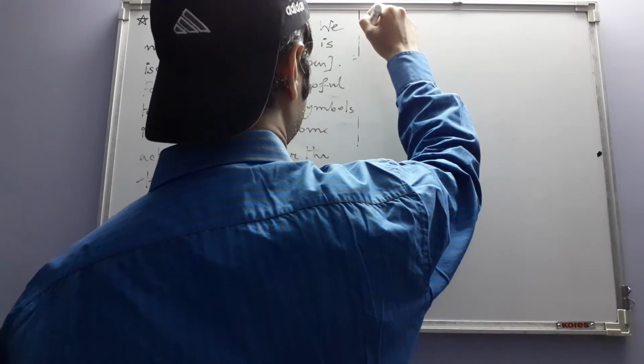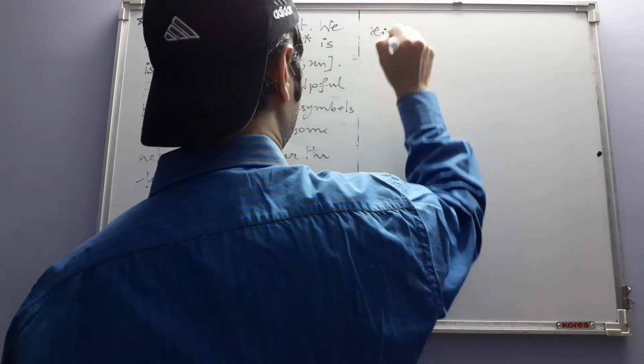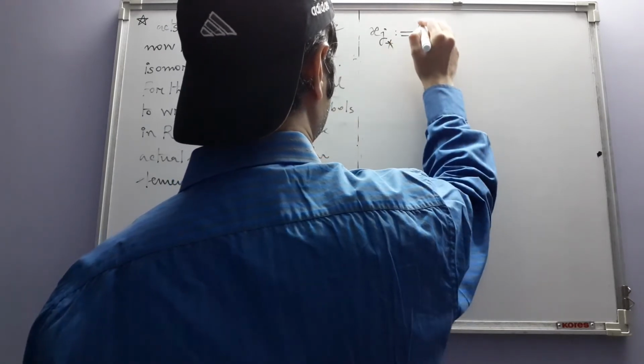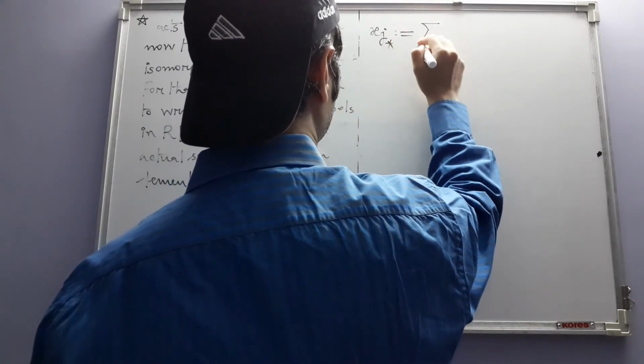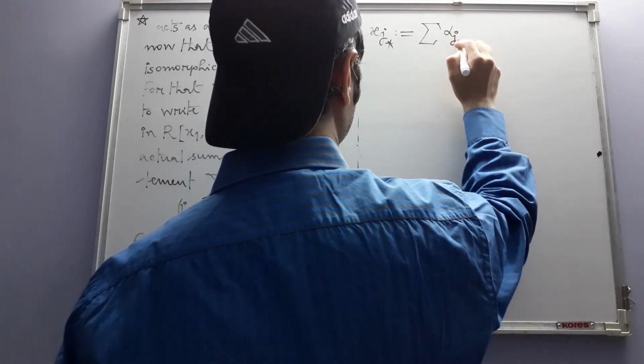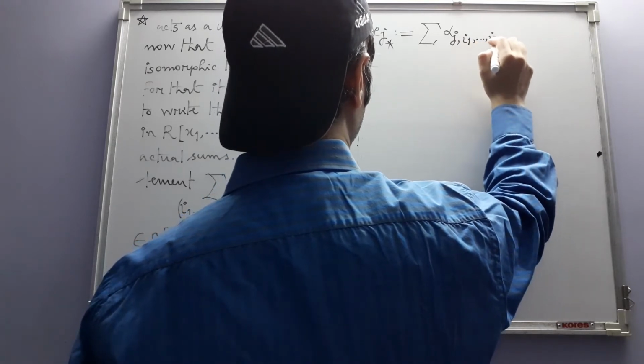We define these elements x j star to be the element summation alpha j I1 I2 up to In